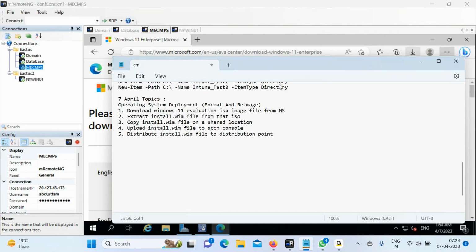Distribution point. Then point number 6, distribute boot image file to distribution point, right? Then point number 7 is add domain admin account to network access